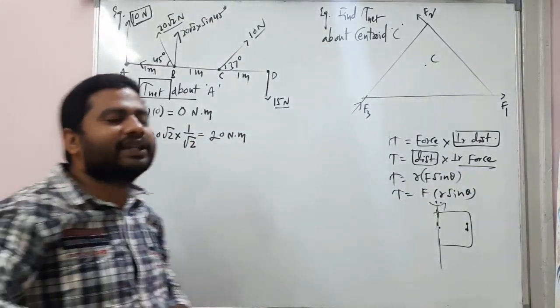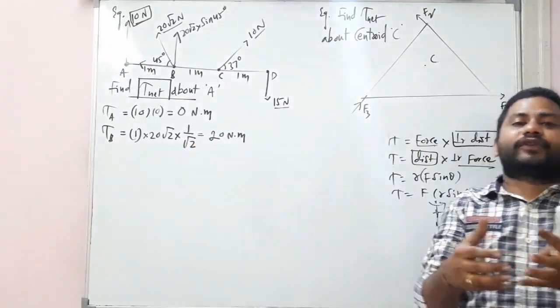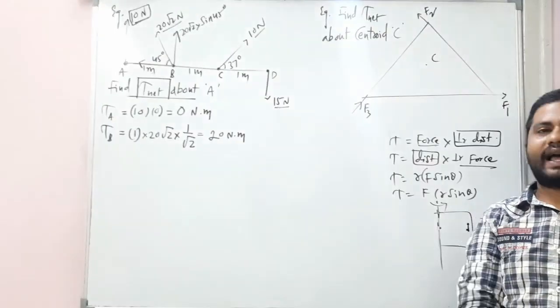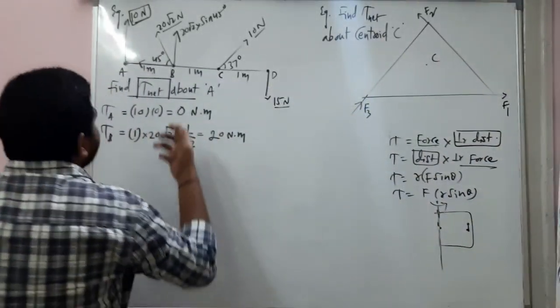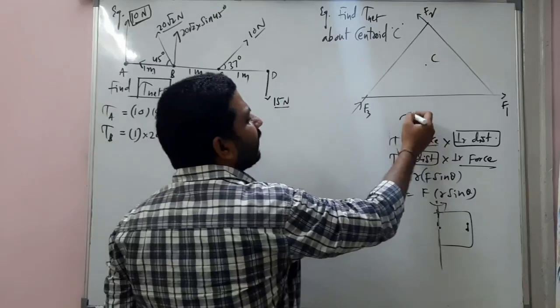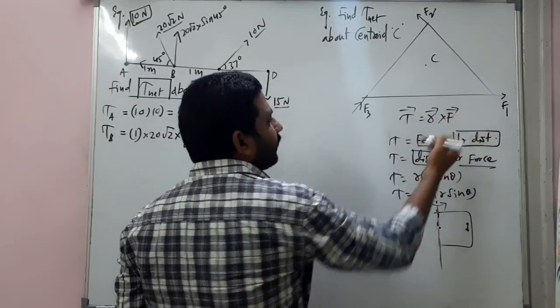The torque direction, right? In the last class, most of the time we spent to identify the direction of the torque. Most of the class. So now also the same. So tau is equal to R bar cross F bar. So the direction of the torque you can find by using this. Tau bar is equal to R bar cross F bar.